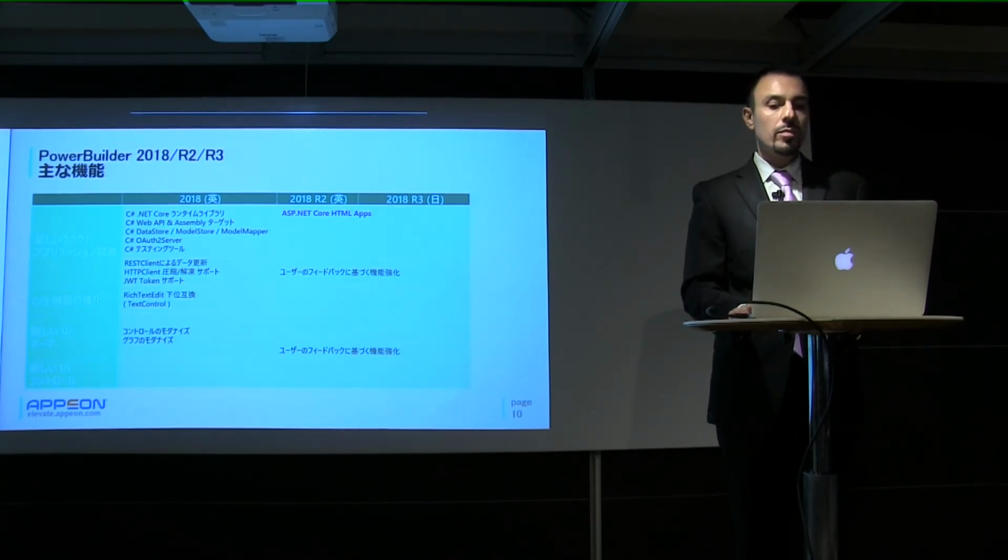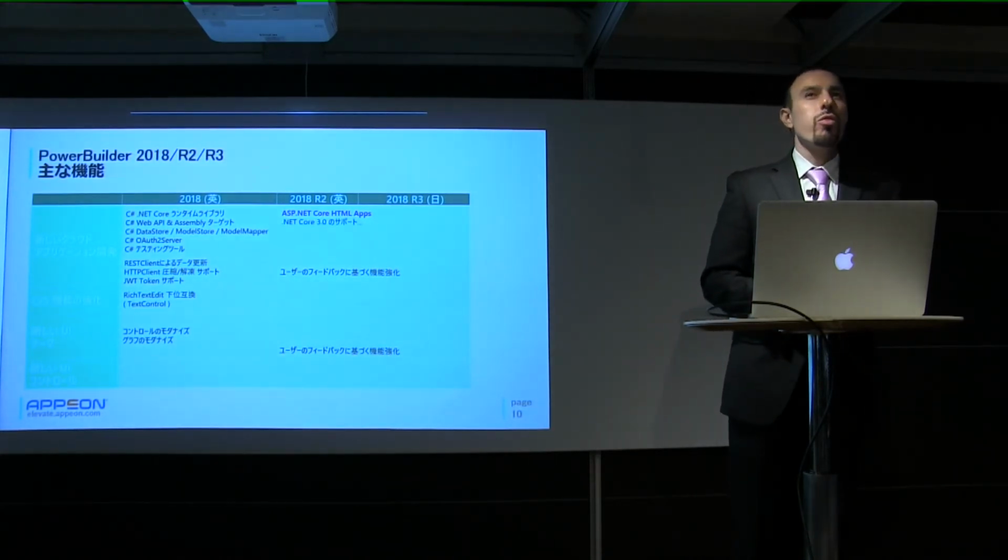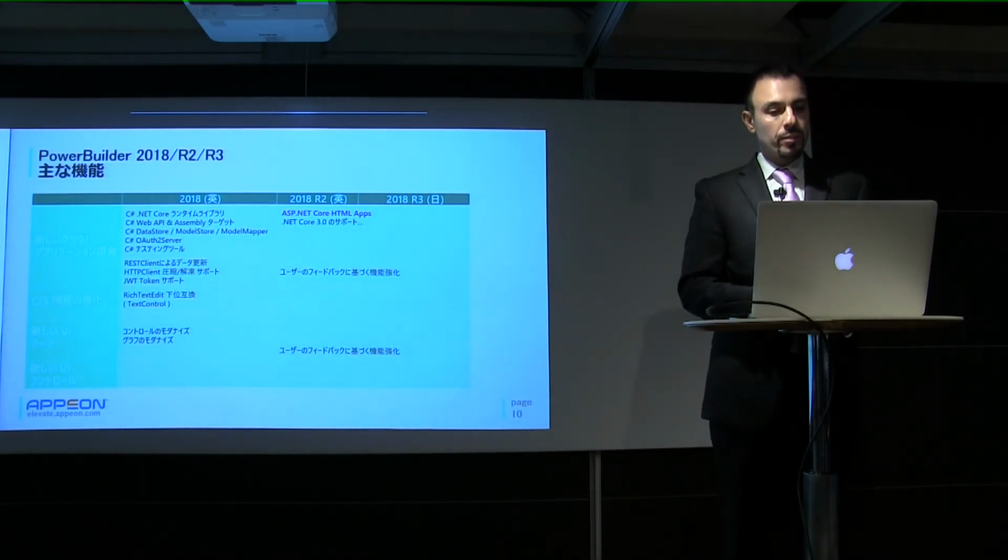Appian では結局いろんなリリースに関して並行的に開発を進めています。 We have .NET Core 3.0 support plan. このロードマップの中には、例えば .NET Core 3.0 のサポートが計画に入っています。